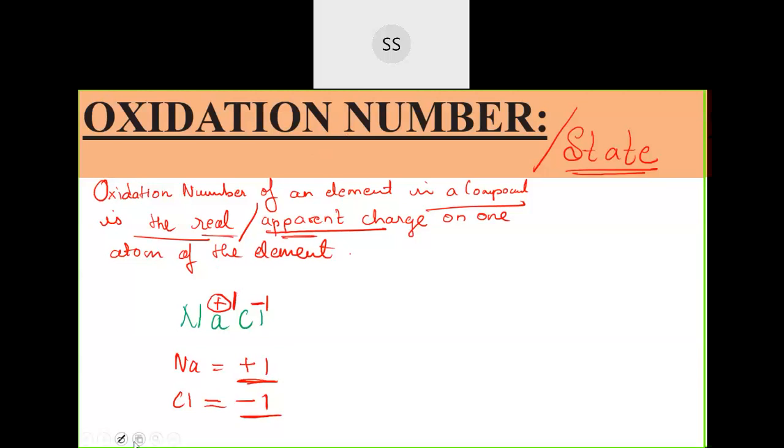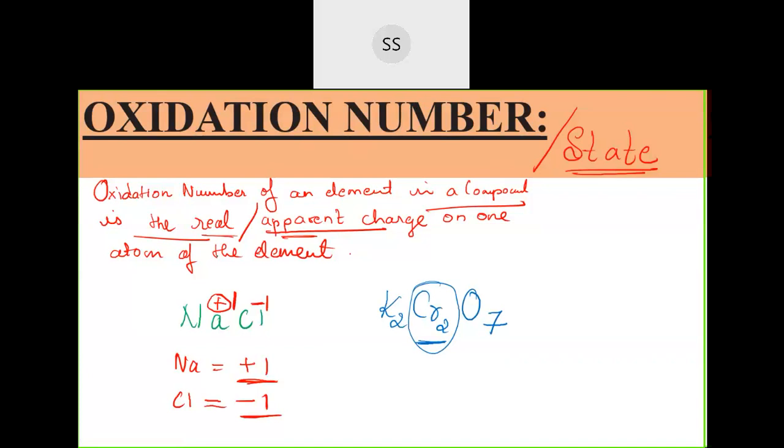But sometimes if the compound is very big and complicated and we don't know all the oxidation numbers, then how will you calculate? For example, if I give you K2Cr2O7, then what is the oxidation number of chromium if they ask? Then we need to know how to find it. There is a certain set of rules which you need to remember. Once you know that, you will be able to calculate the oxidation number. This is one important topic also. Every time you should know how to calculate the oxidation number of any element. So I hope this is clear.